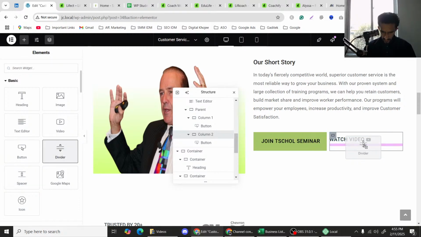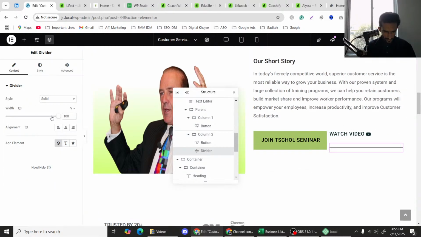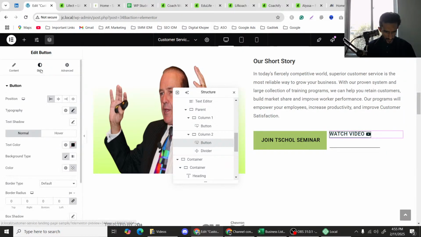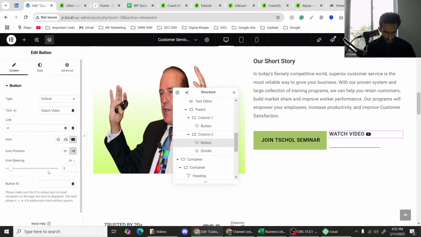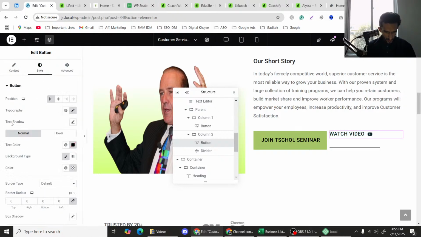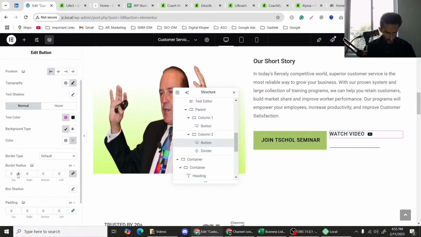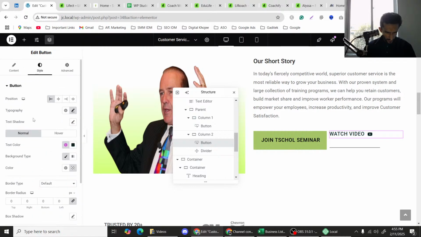डिवाइडर वो इसके अंदर रखना है, वॉच वीडियो के नीचे। उसकी विड्थ जो है वो शॉर्टन जितनी आपको चाहिए, वॉच वीडियो पे क्लिक करेंगे और इसकी जो आइकन स्पेसिंग है उसको सेट करेंगे ऐसे करके, और फिर यहाँ से जाके जो उसका आइकन का साइज़ है बटन के अंदर, बटन हो गया, टेक्स्ट कलर हो गया, बॉक्स शेडो, बॉर्डर टाइप,